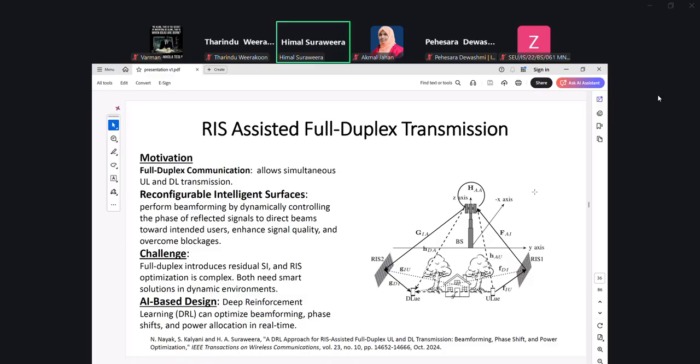So the main idea of full duplex transmission, if you want to allow it, is to reduce or control this self-interference. In certain papers, it is also mentioned as loopback interference.